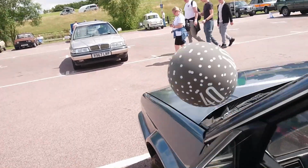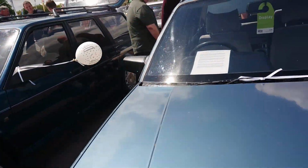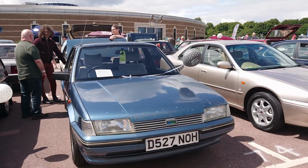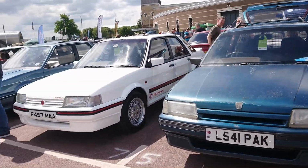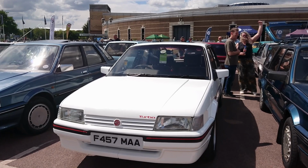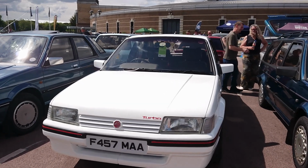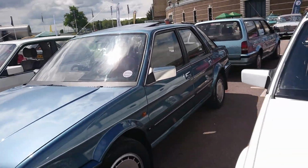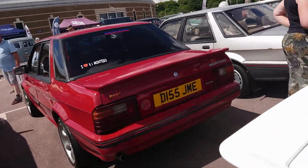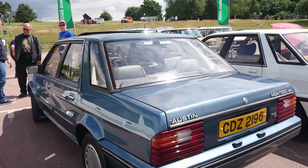We're working up, aren't we, to the best of the best. 1987 Montego 1.6 HL. Right, I'm not quite sure about the engine in the estate, so we'll go on to this very, very nice pre-facelift, late pre-facelift turbo. 88, 89 on an F. And then yes, 1987